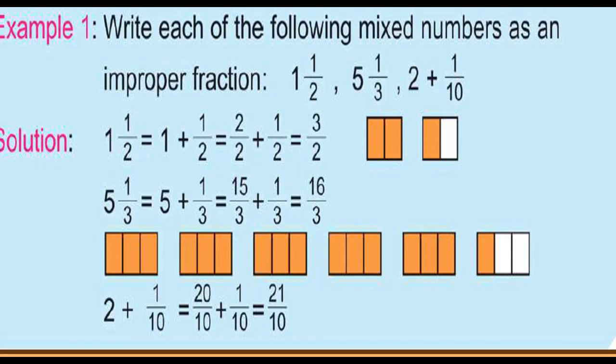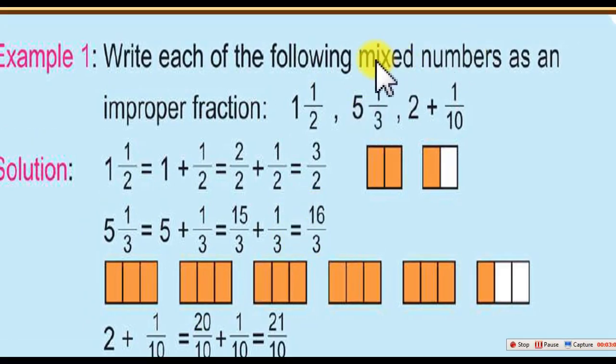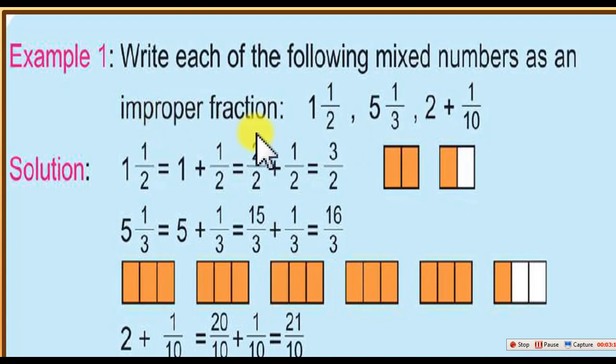For example, write each of the following mixed number. Mixed number. Do you know the meaning of mixed number? Whole number and a fraction. And then improper fraction. What is the meaning of improper fraction? It's a fraction. Its numerator is greater than its denominator. For example, 1 and half. We can write 1 and half as,